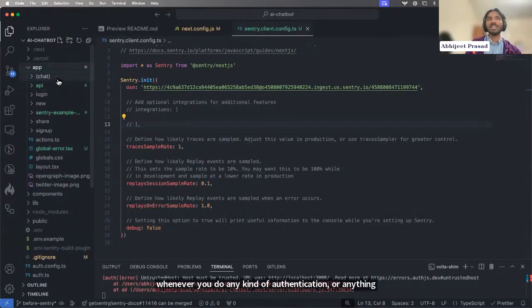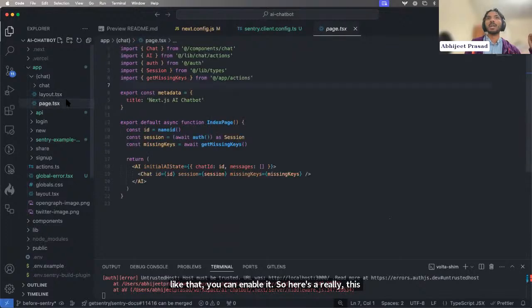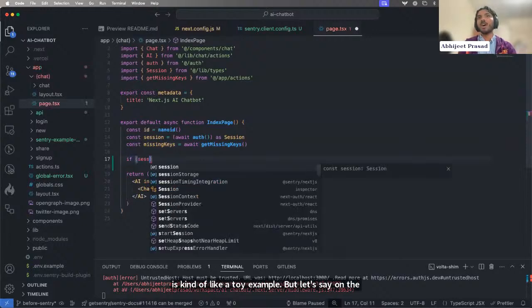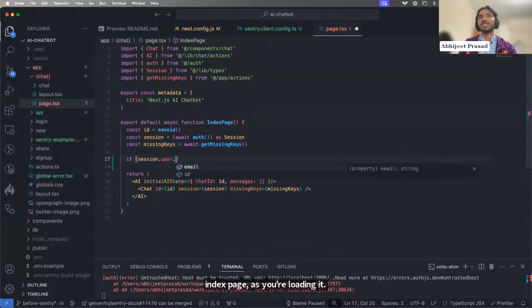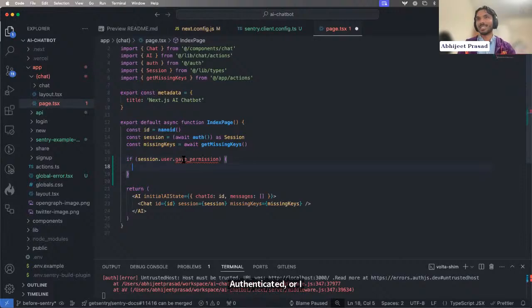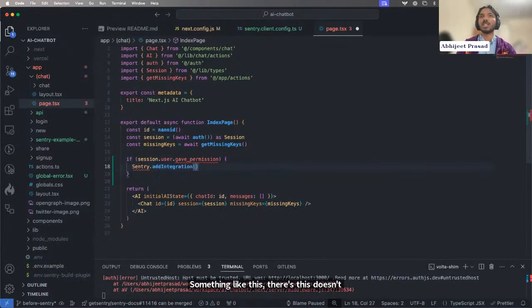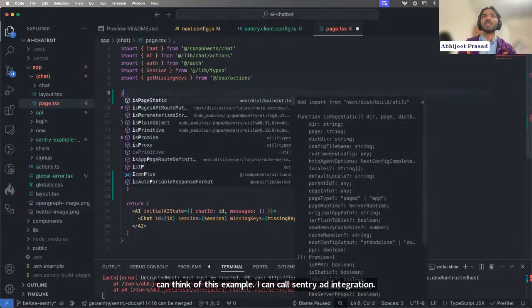So this is kind of a toy example, but let's say on the index page, as you're loading it, you can say, if session.user.authenticated or gave permission, something like this. This doesn't exist, but you can think of this example. I can call Sentry.addIntegration with the replay integration. And let's make sure we import